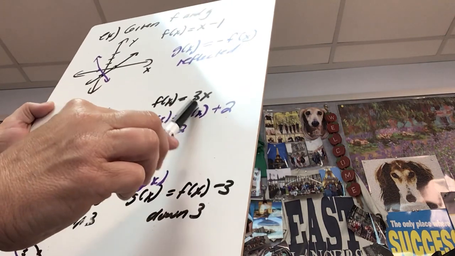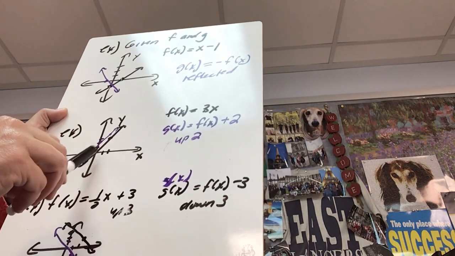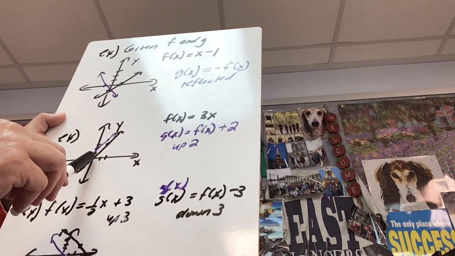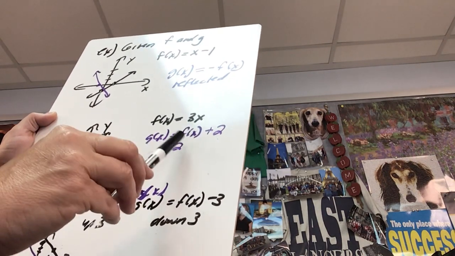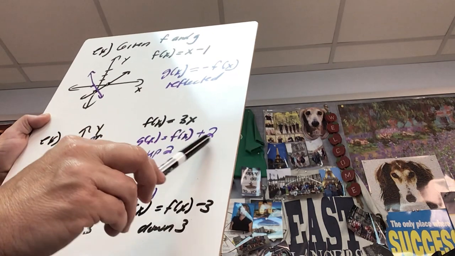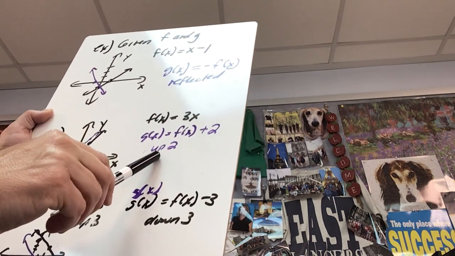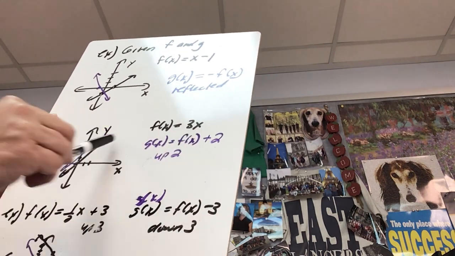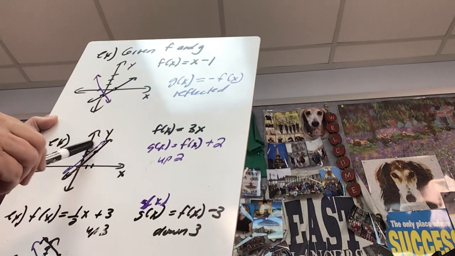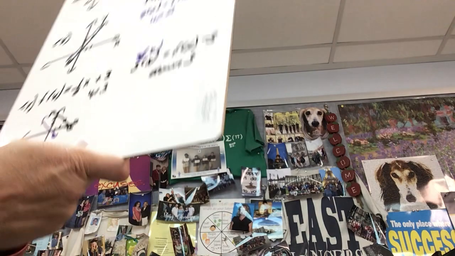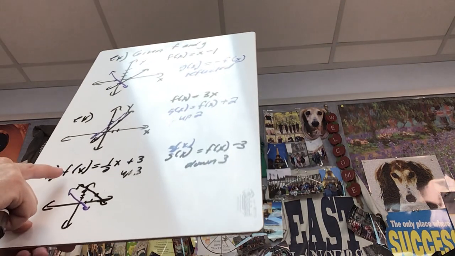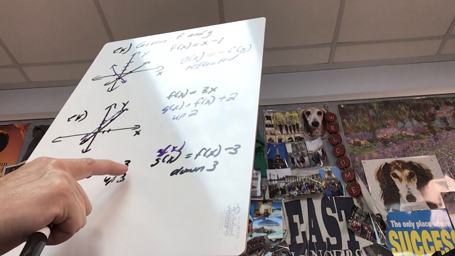So do you see they're like mirror images, reflections? Okay, next one. If I have the line y equals 3x, which is what I have in black, so my y-intercept is 0, 0, slope is 3, up 3, right 1. Now, my new function, I want to take that and move it up 2. So doesn't it just mean that now I have a line with a y-intercept of 0, 2, and a slope of 3? All right, the next one. If I have f of x equals 1/2 x plus 3,